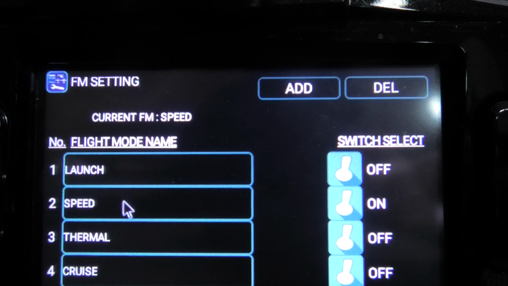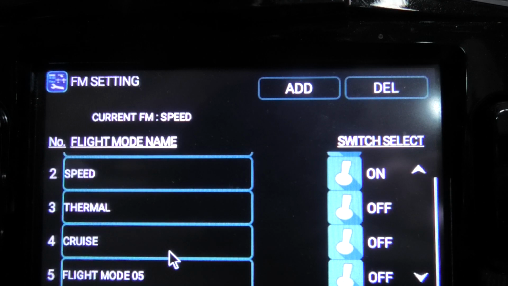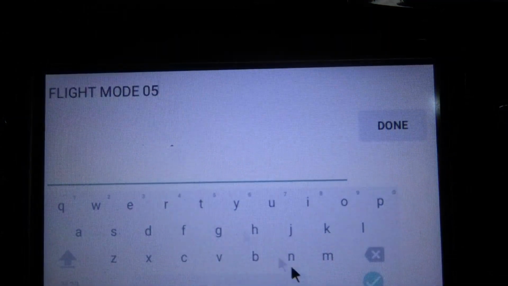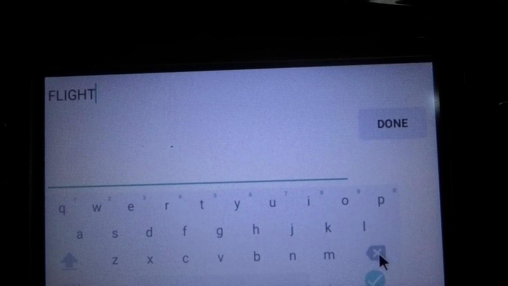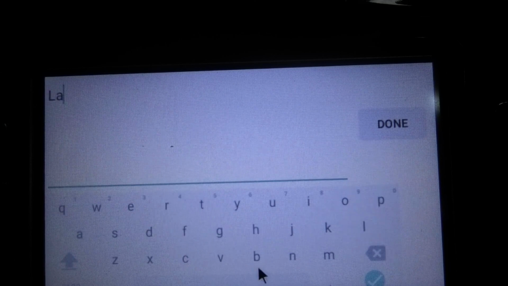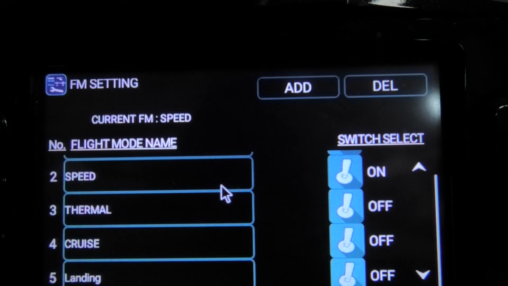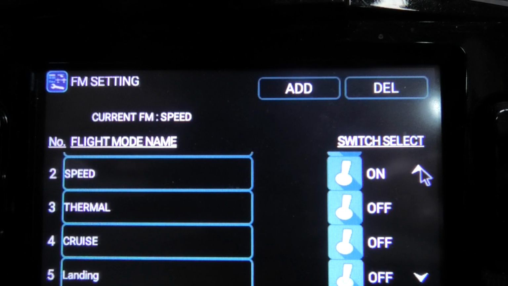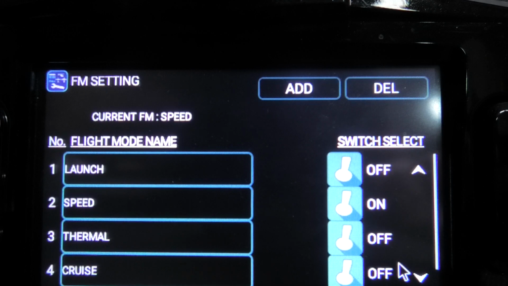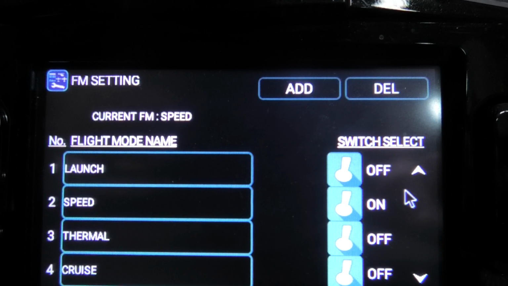We already have launch, speed, thermal, and cruise. That's pretty good. Let's add one more. And we will call this one landing. Okay, so overall we have 5 flight modes, and the last thing I'm going to do in this video is